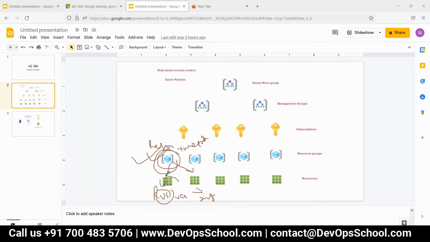And the region of this particular resource or virtual machine is the place, the data center, where the physical device is stored. So the resource group and this resource can be part of different regions, and two resources which are part of one particular resource group can be from different regions. Is this clear?